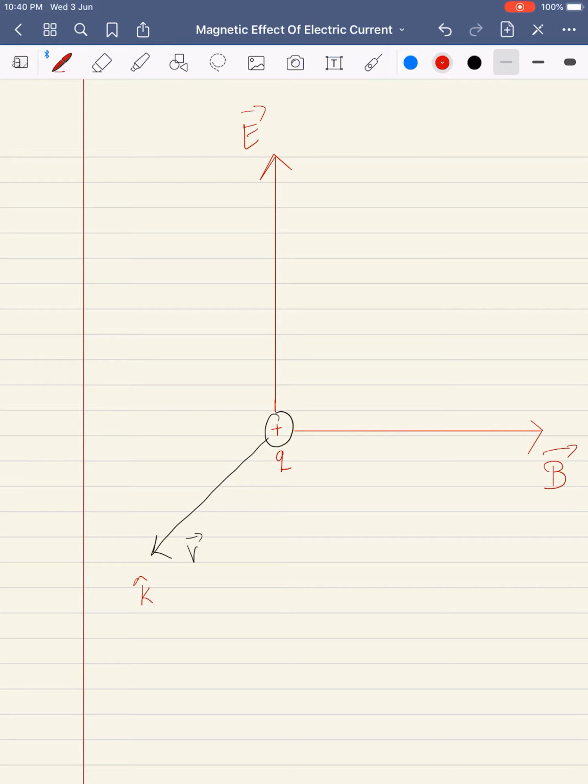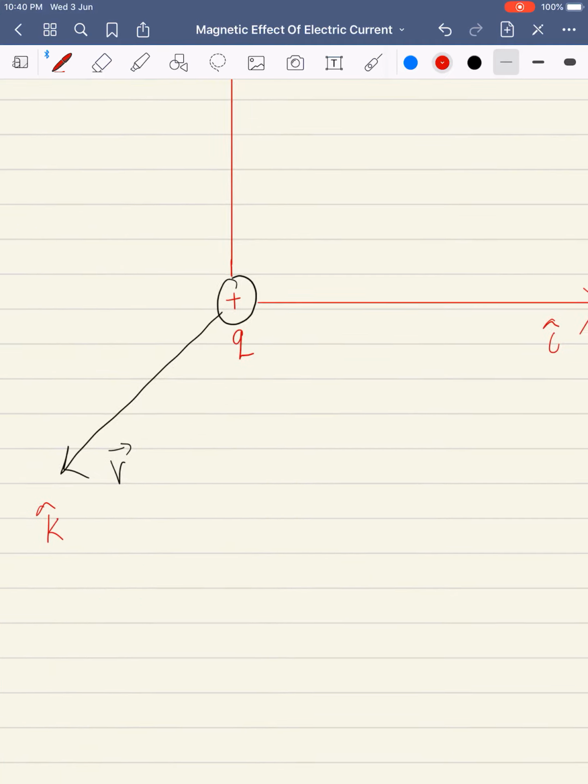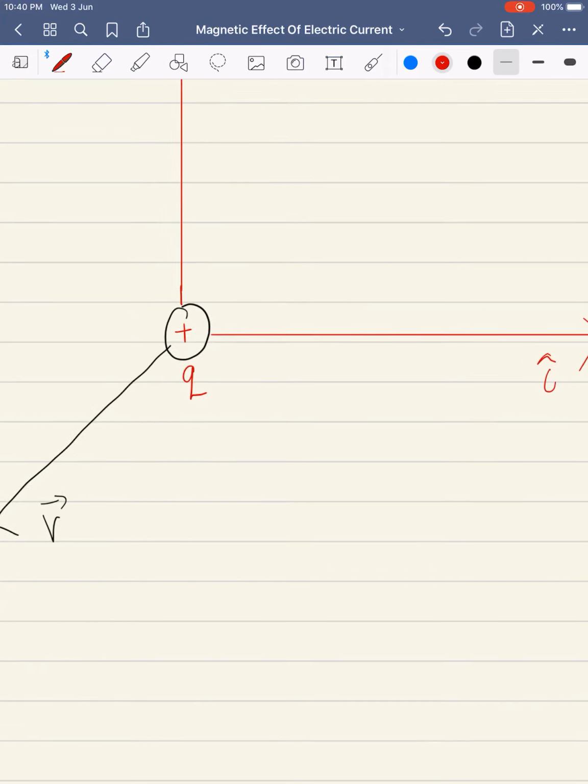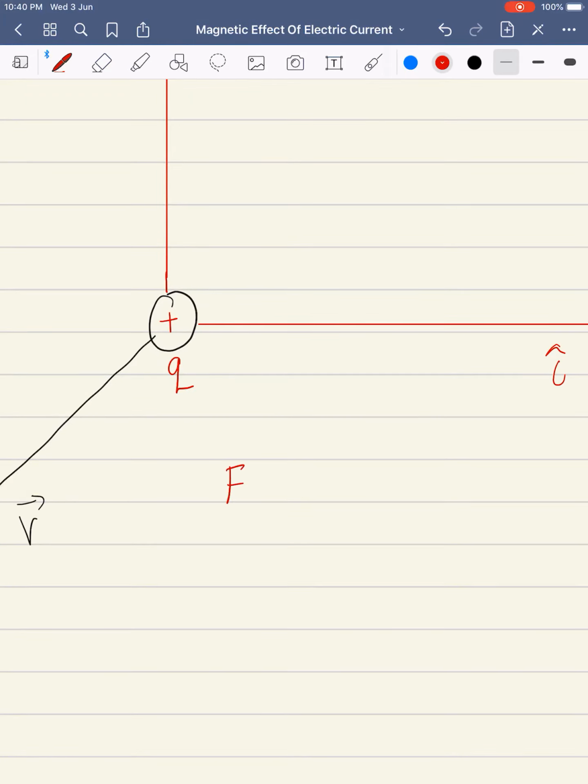Magnetic field is along which direction? It is along x axis, and electric field is along y axis. So what we say is the charge is simultaneously experiencing two fields. One is the electric field and second one is the magnetic field. So when I say about the force experienced by the charge, the force vector will be given by the summation or superposition of two principles. One is the magnetic force and second one is the electric force.